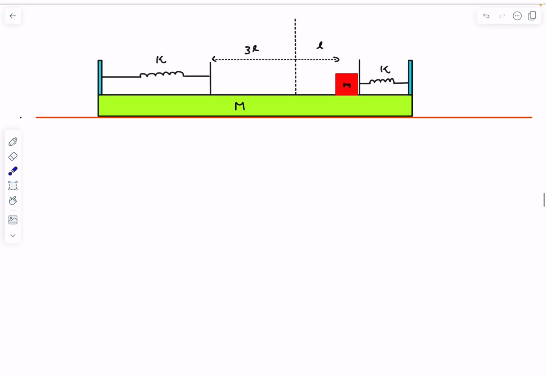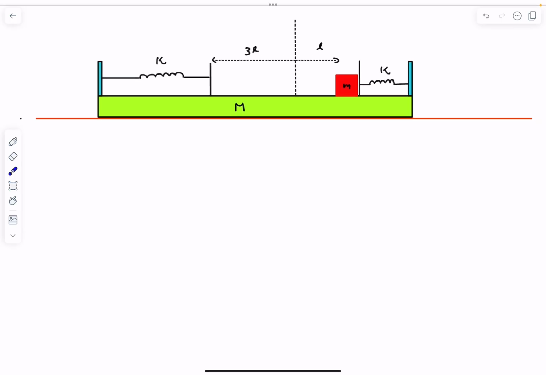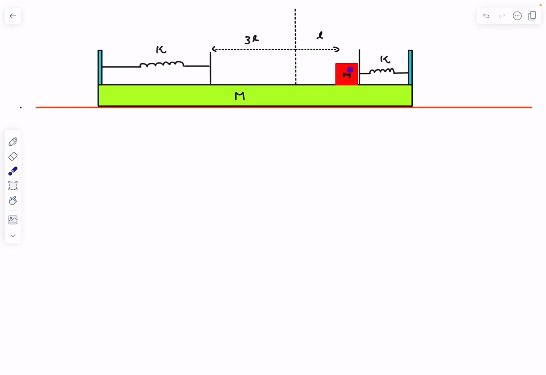First let's start by drawing a diagram. This is the diagram of the situation after the string is burnt. Now as the spring is compressed, it's going to push on this block of mass M, and it will also push on this strut over here. A few pointers before we begin: we can see that initially the velocity of the center